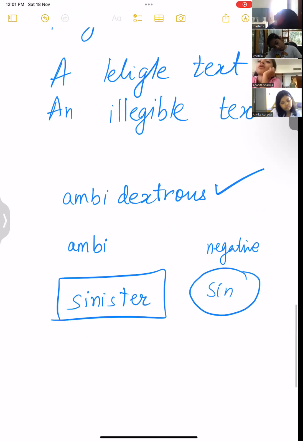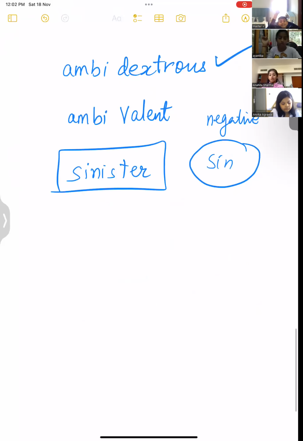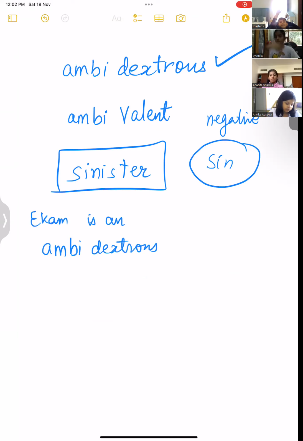ambivalent. I write with left hand. Ma'am, I write with left hand. I have a lot of lefties in my class. Lefties, raise your hand. Ayantika. I am ambidextrous. Yes, you know what? Ekam, children, Ekam is ambidextrous and it's a fact. She is an ambidextrous girl. Because when I was a 3-year-old, I just learned to write with my right hand, and my right hand got fractured. So I wrote with my left hand. So I am writing with both my hands now.